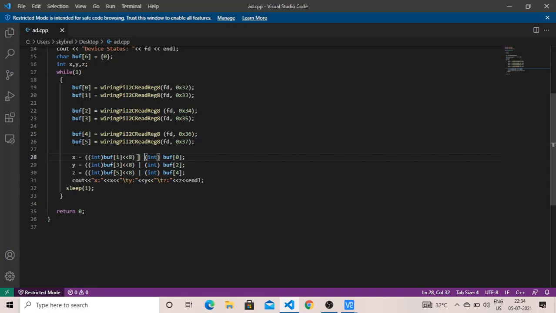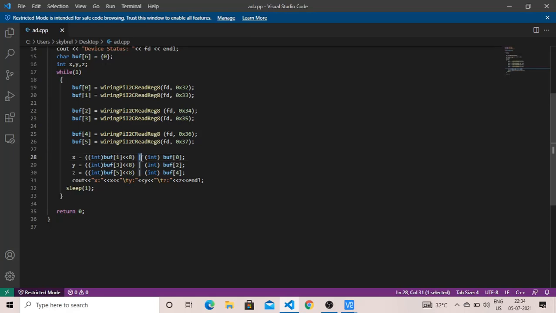This bar is called the OR operator, a binary operator, which does a binary operation on your decimal value: it converts the decimal value into binary, performs the operation on that binary value, and changes it back into decimal.